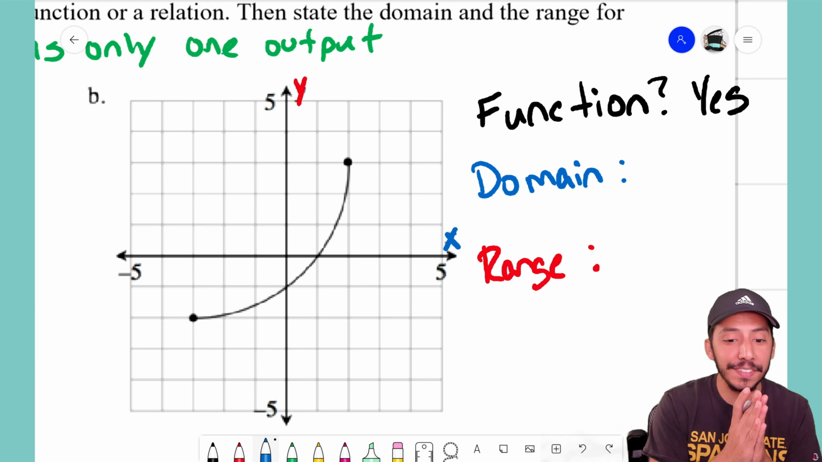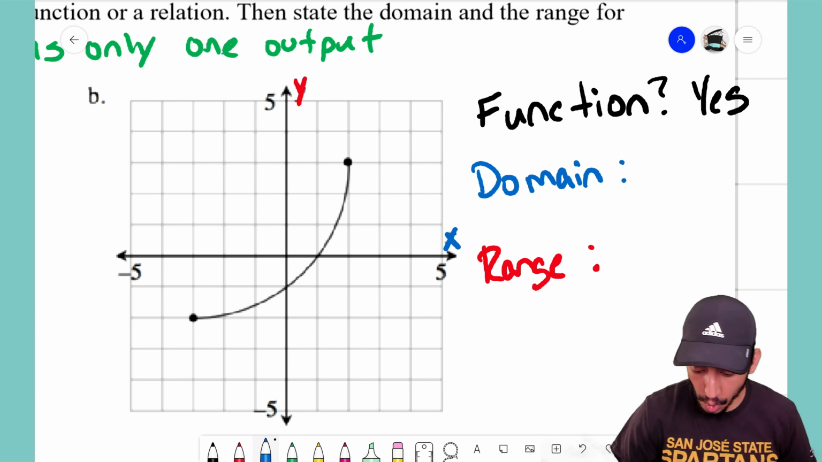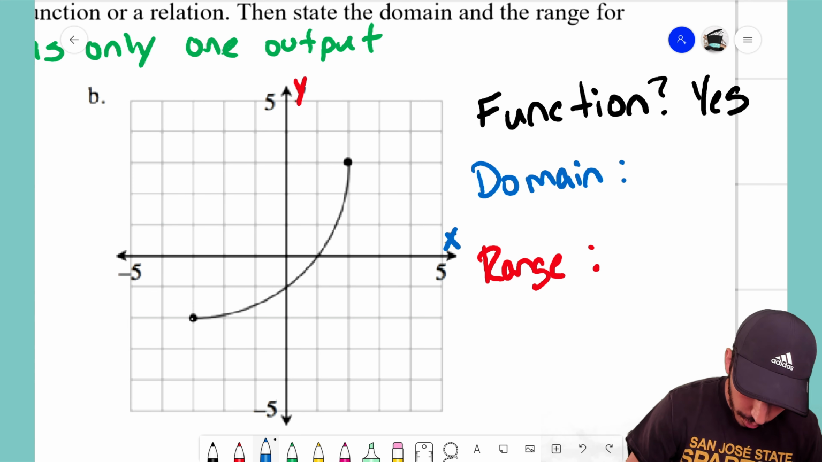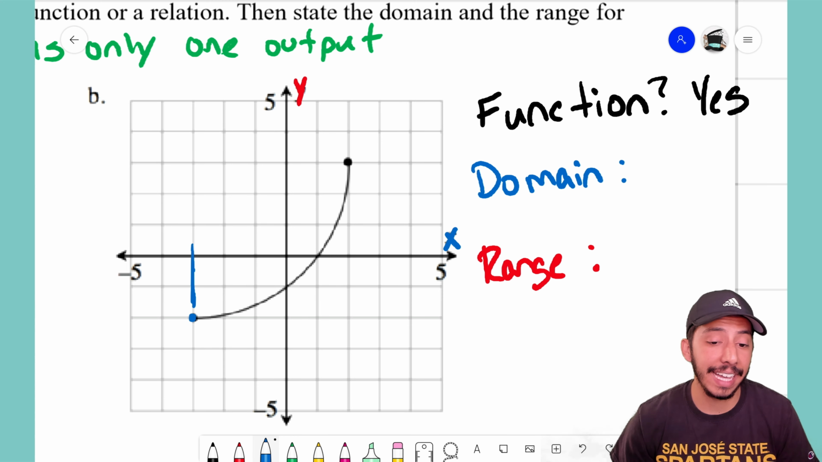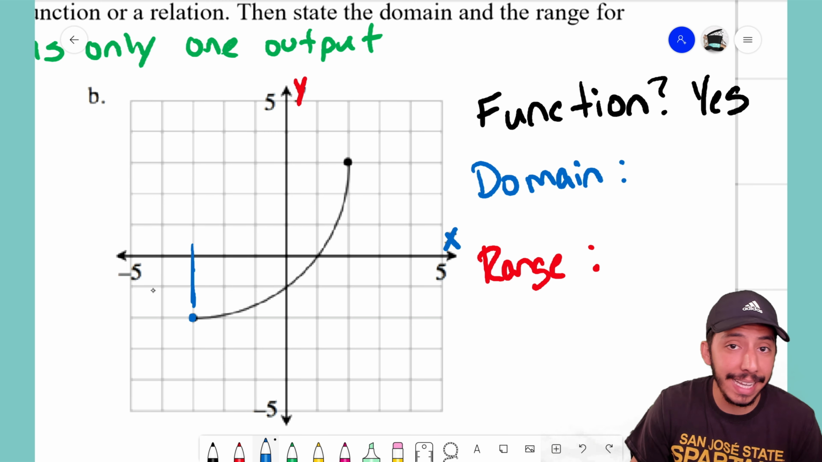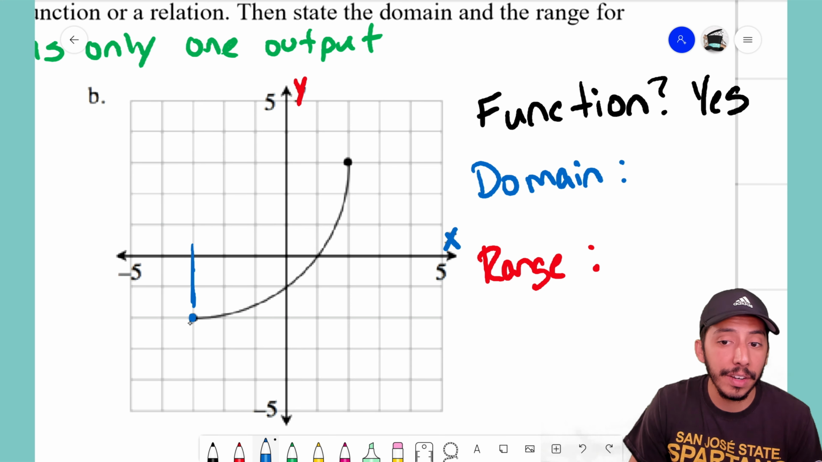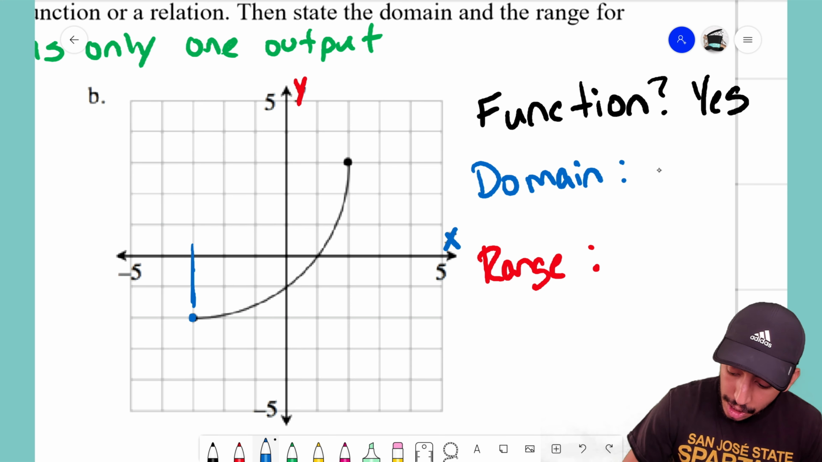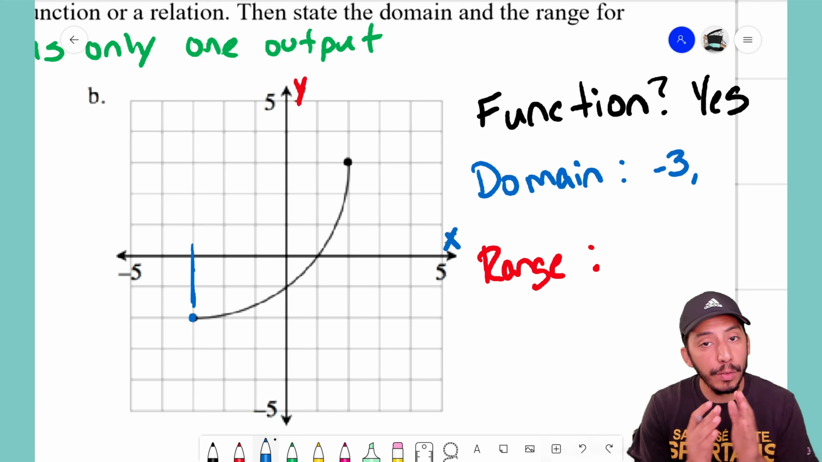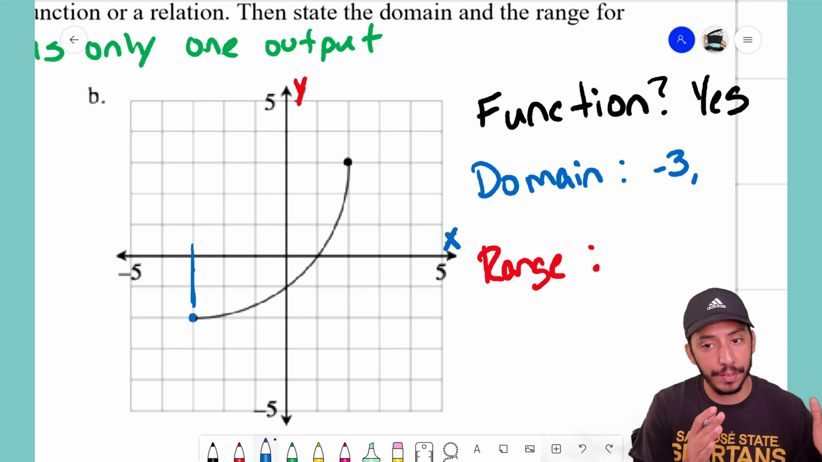So looking at that graph, how far left does it go? I'm looking at this graph here, and I see that the leftmost point is right here, and that is at x equals -3. Do we see that there is no graph past -3? That is where the most left point is. So I'm going to write -3, comma,